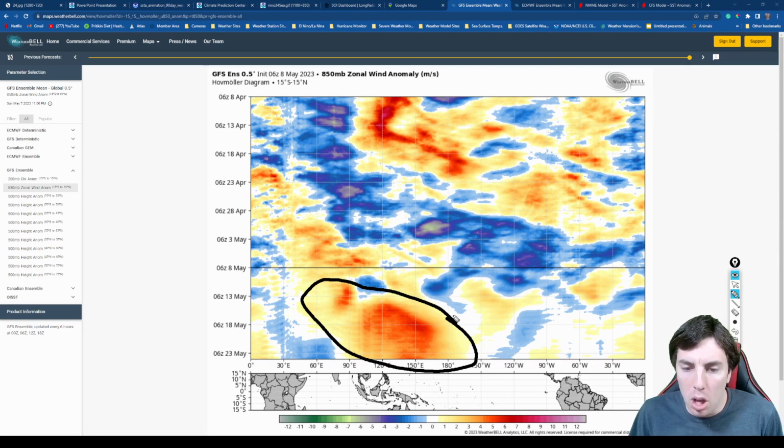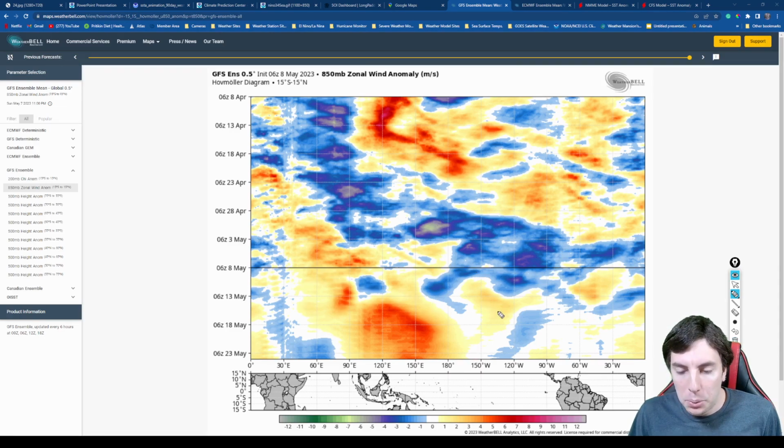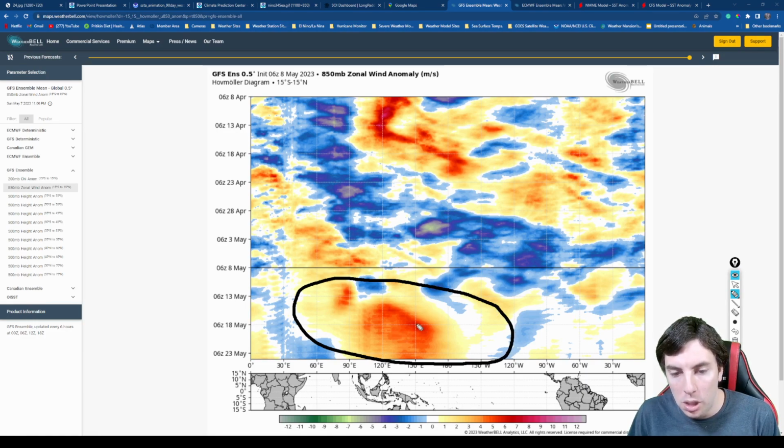I think they'll be blowing, but very weak, lots weaker than normal. These blue colors indicate stronger than normal trade wind anomalies. So we can see here we're probably going to get another reamplification and another significant subsurface warming event, even at the surface of the ocean too, because of the slackening of the trade winds here beyond May the 10th and